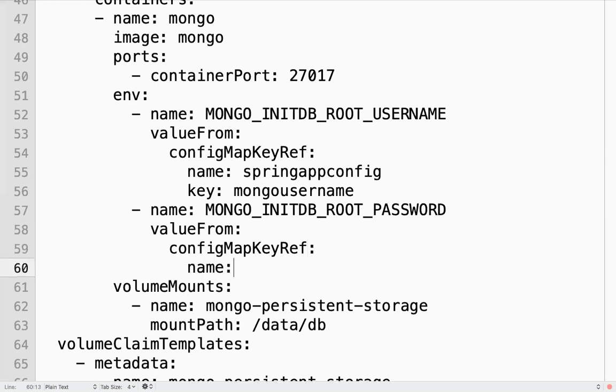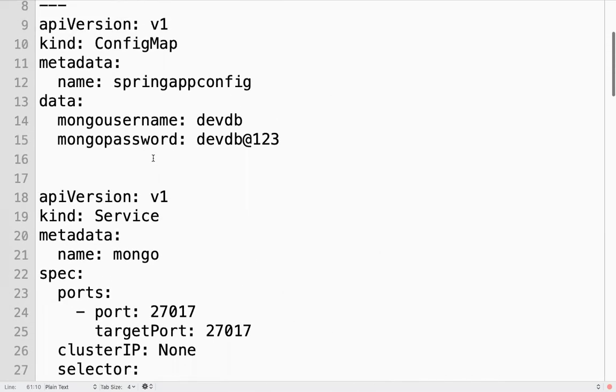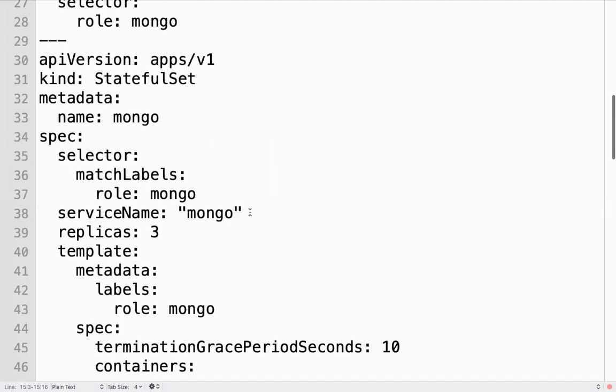Name, my config map name. My config map name is this. Value, sorry, not value here, key. So this is the key, something like this.